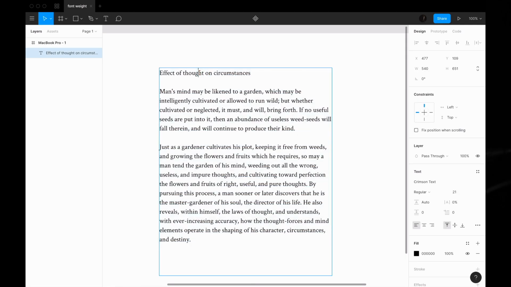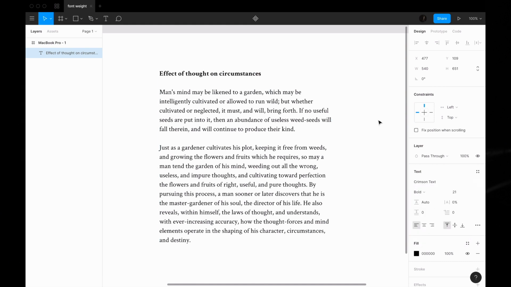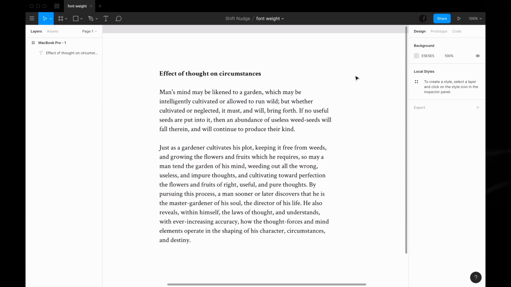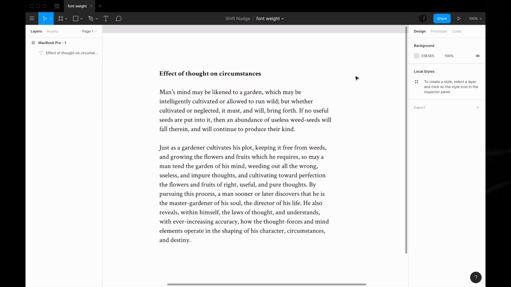So if I go in here and I add a bold weight to the title, that is pretty nice. There's not a lot you have to do beyond that. I know that this is kind of designed in abstract form. We're not really looking at anything in particular, but if you're looking at this, it's a pretty nice body of